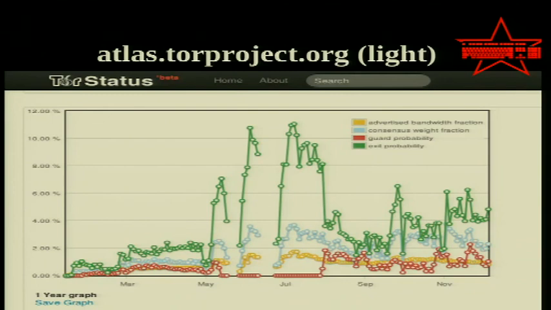So another way of visualizing this is looking over time at the probability that this node would be picked for the green as the third hop, the red as the first hop. And you'll see that there are some points where it gets up to something like 8 or 9% of the time you're exiting from this relay. So this hopefully will give us a better sense of what the diversity is we're looking at.